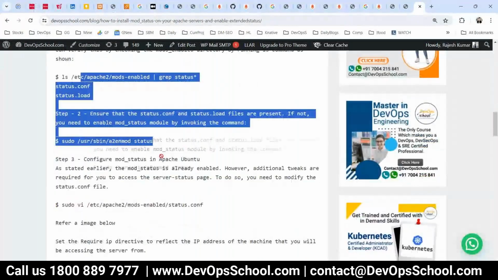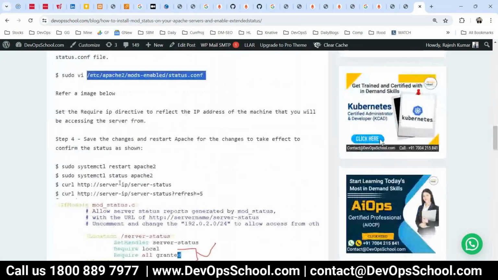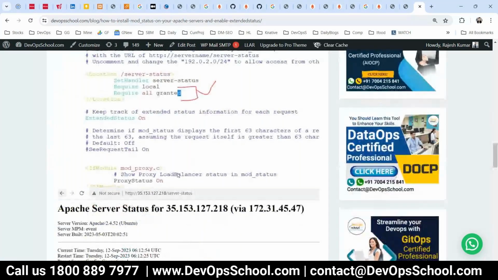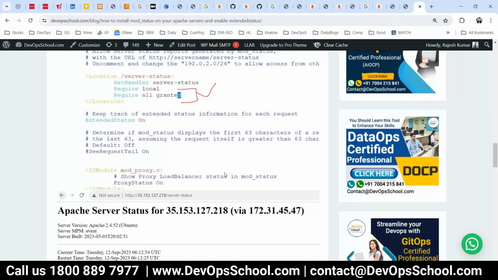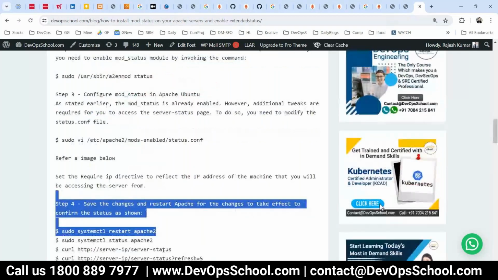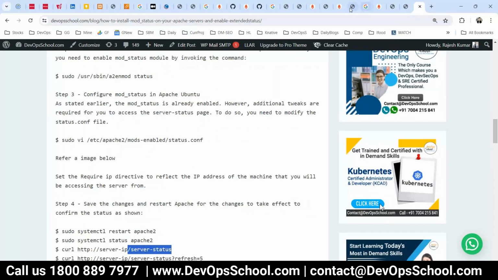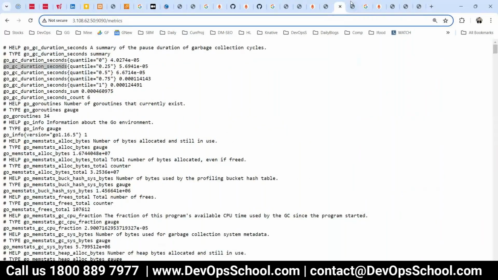It will help you. And here I did this because I want this address to be accessible from outside also. Though it will be accessible from inside, I want it from outside. So this work is done. Now you want to see all the Apache metrics. Let me show you. The URL is